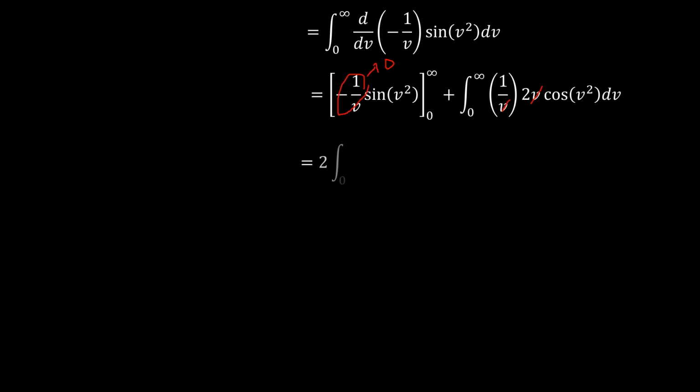And so we are left with twice the integral of cosine v squared from v equals 0 to infinity. Now this is the same as the real part of twice the integral of e to the power negative i v squared,